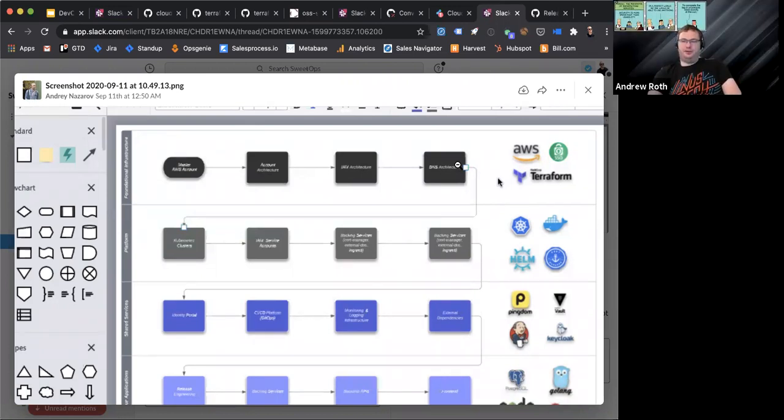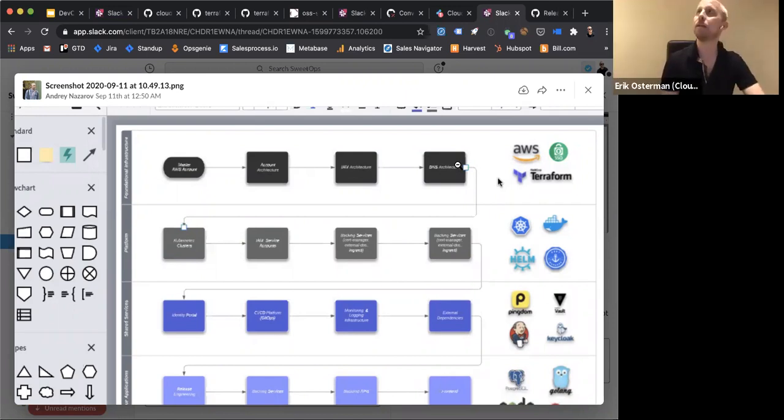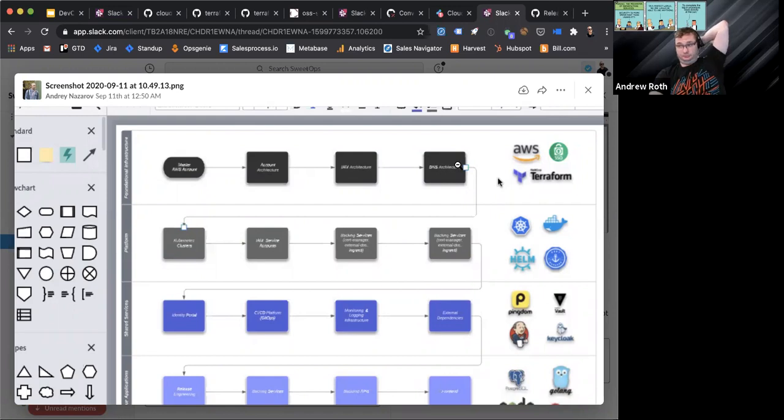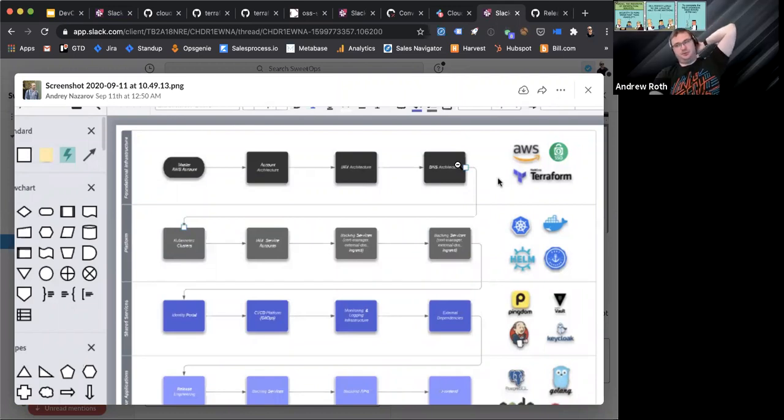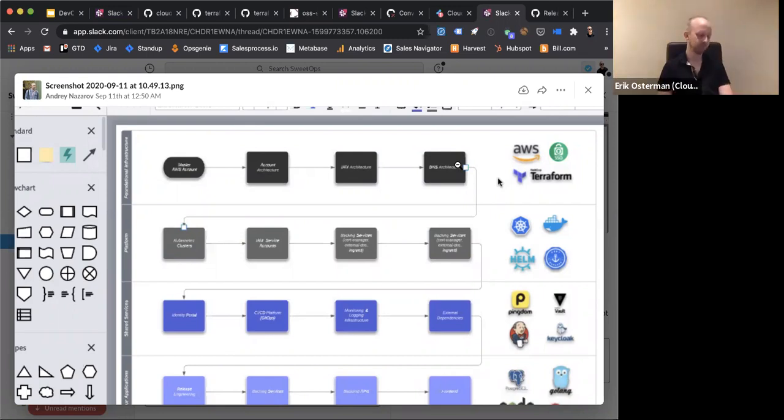Do you guys import the NS record and SOA record as well, or just the hosted zone? I don't remember exactly how much you have to import versus just overwrite. There is the ability to overwrite Route 53 records. I think we just import the zone, and then we might have to import the SOA. But then we'll let Terraform override everything else. Yeah, it creates a zone with two records in it, the NS and the SOA, when you register a domain.